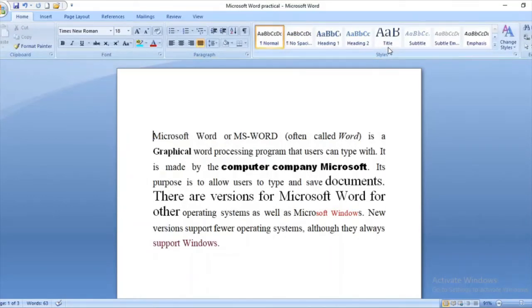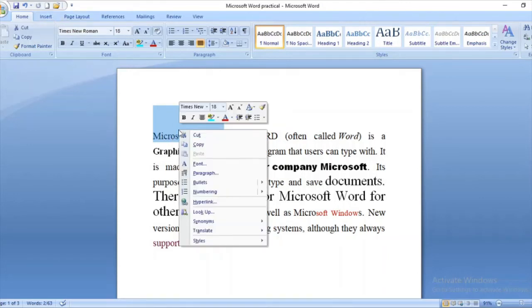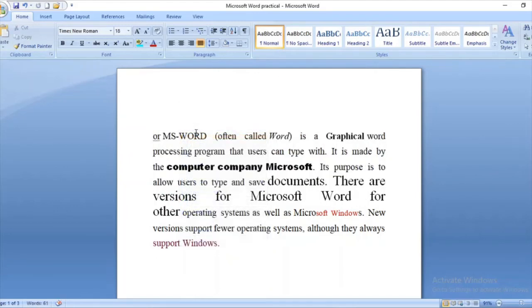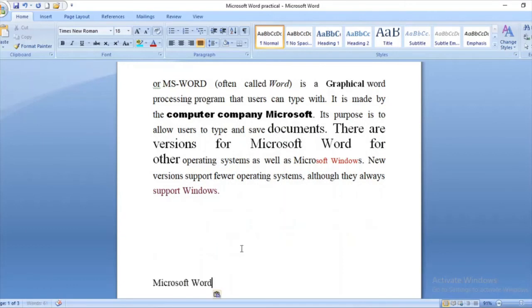Next we have is scrolling and text selection. We have discussed that. Next is cut, paste and copy. So simply, if I want to use the Microsoft Word, I can select this text. I can right click and there I have cut and copy option. Paste is not activated yet because I have nothing to paste. So you can just right click and click on the cut option. So this Microsoft Word is cut and I want to paste it here. So it will be pasted here.